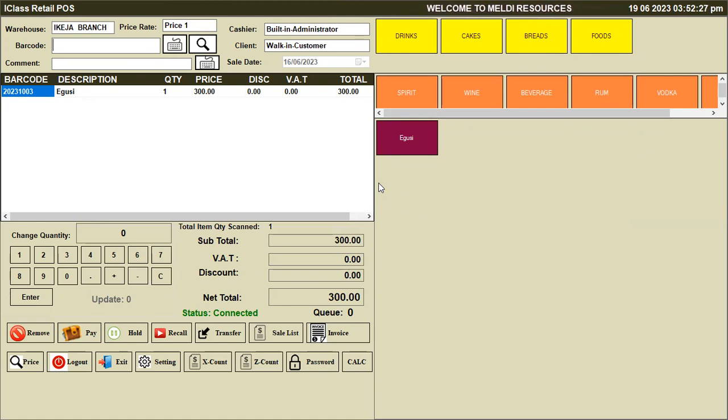Then you talk about the sales and the reporting. Everything has been captured. Let me quickly take you through, very briefly, some aspects of this front-end solution. Remember, I told you this solution comes as a package. A package means you have the front end and you have the back end. So what we are looking at right now is the front end. I'm also telling you that the front end can be installed independent of the back end,